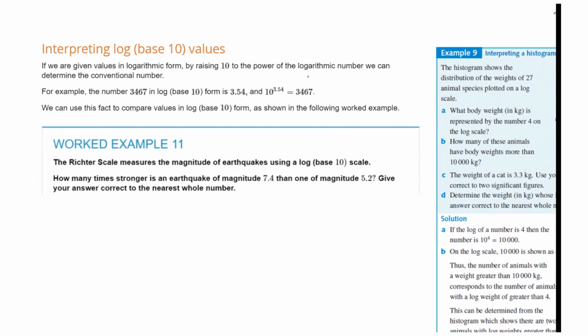Okay, so this is just what I've talked about. It's going back and forth. So Richter scale, which is one we use for magnitude of earthquakes, uses a log scale, log 10 scale. How many times stronger is an earthquake of magnitude 7.4 than one of magnitude 5.2? So this is where I was saying before, it's about that notion of, if I go between, so what we're showing there is I'm going 5.2 going all the way up to 7.4. That's a difference. You can do it 7.4 minus 5.2. That's a difference of